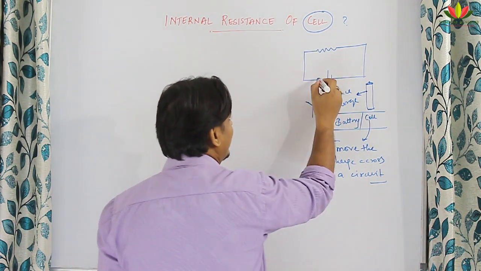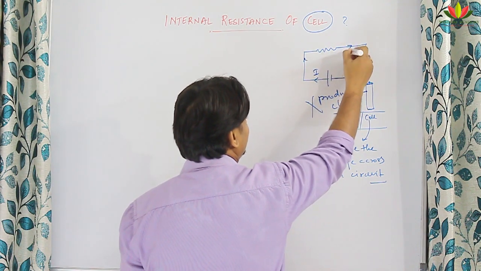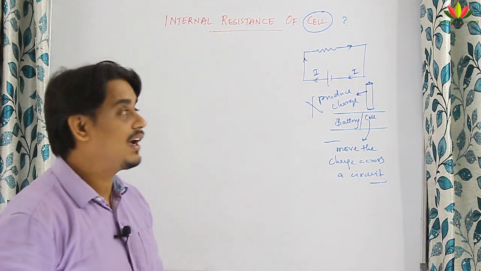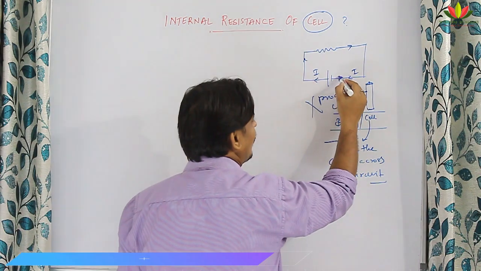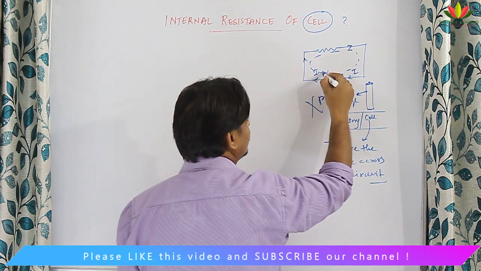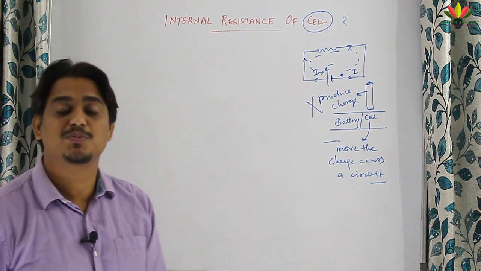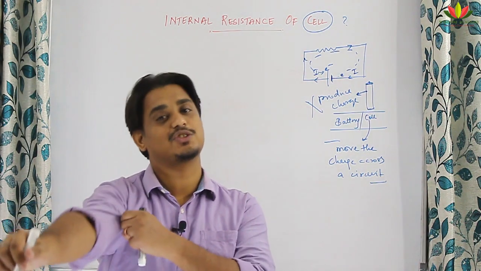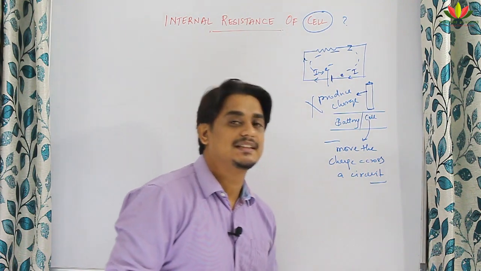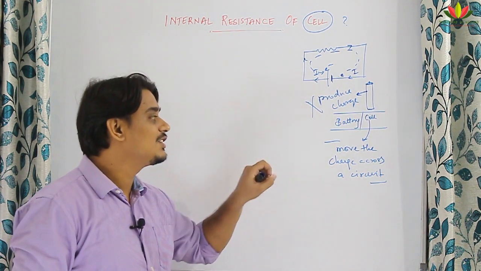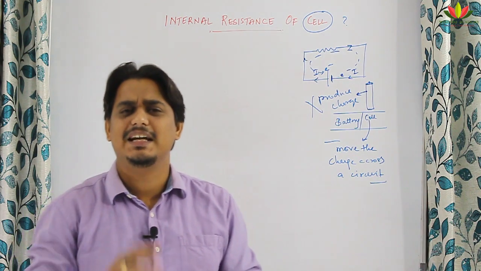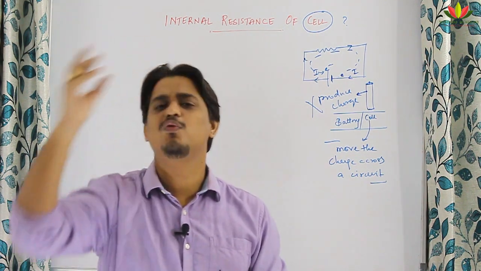And we know that the direction of current is from positive to negative. What does it mean? If the current direction is like this, the direction of electron will be opposite to this. So the electron is moving like this. It starts from this terminal, goes and comes. That is how the electron moves, because electrons move in the direction opposite to the direction of current, right? So when I am talking about a cell, I said that it will move the charge across a circuit. It does not produce any current or any charge, it will just make the charge move inside a circuit.